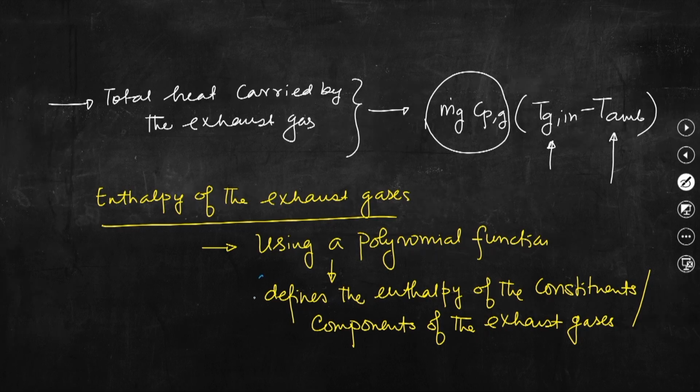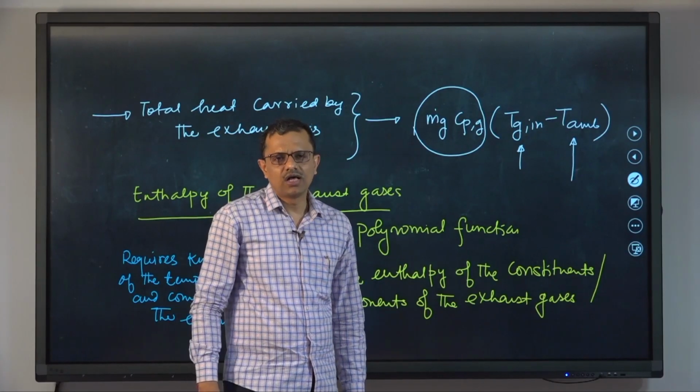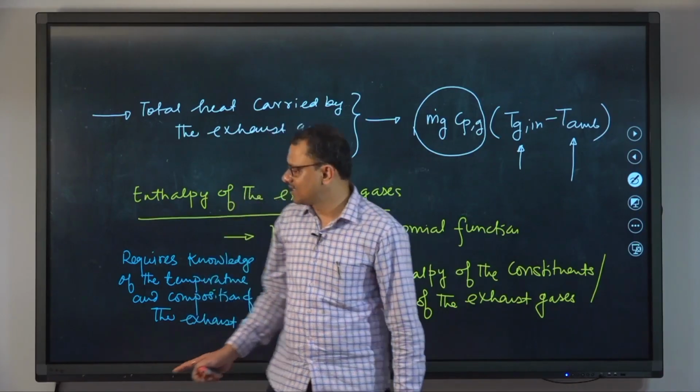So, this requires knowledge of the temperature and composition of the exhaust gases. I should say you need to know very precise information about all these 2 points, that is temperature and composition